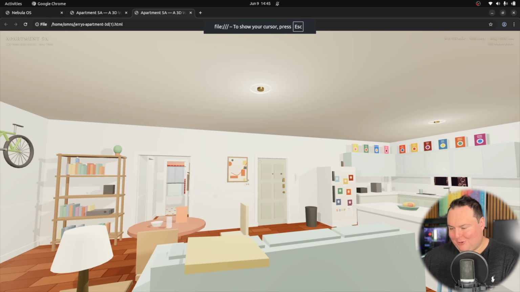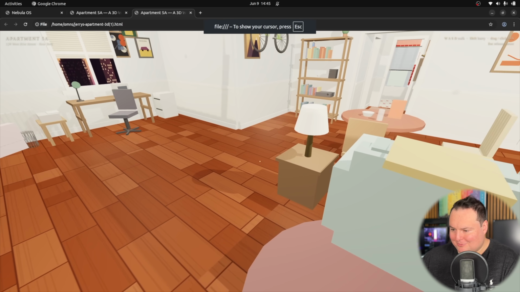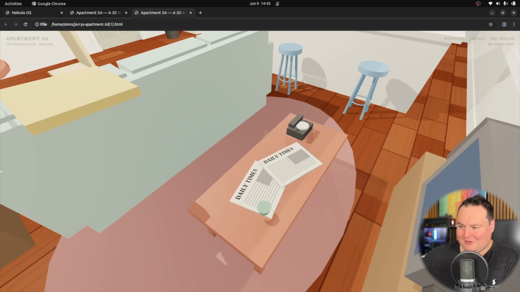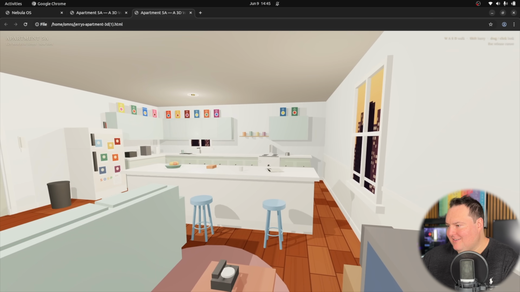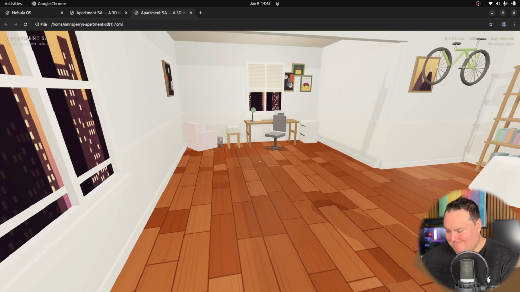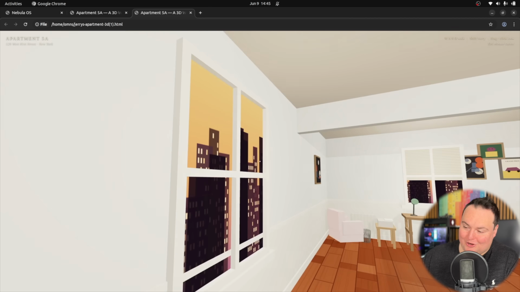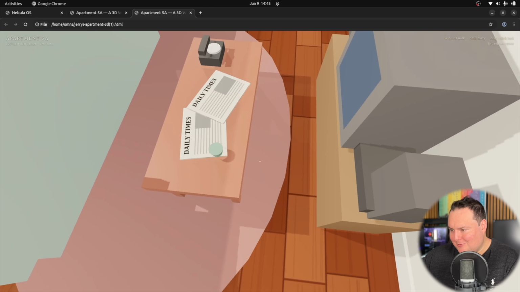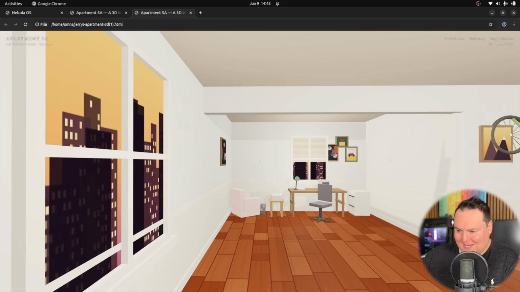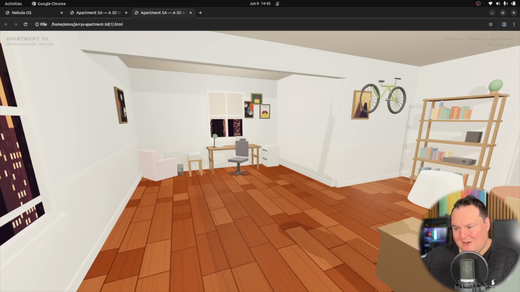All right, now we have this working in the browser. Let's go around and explore it. Let's just look at some of the materials. Okay, we have the daily times. WASD should be letting us walk. Unfortunately, that's not working, which I'm going to knock this for. I do believe it's maybe possible that we're stuck in one of the objects here. If there was a mesh collider, maybe not though.